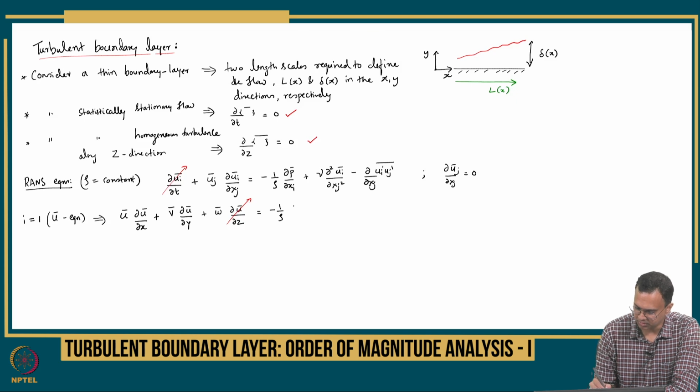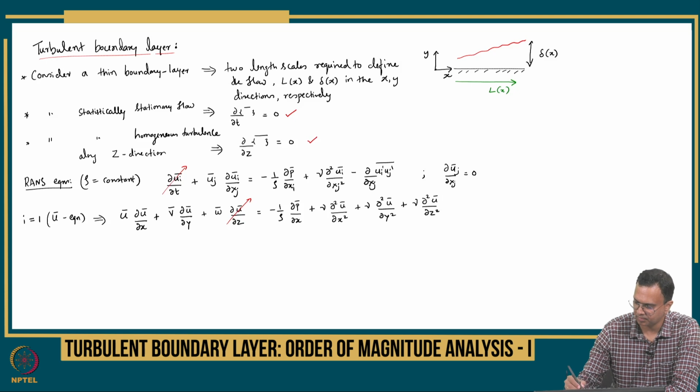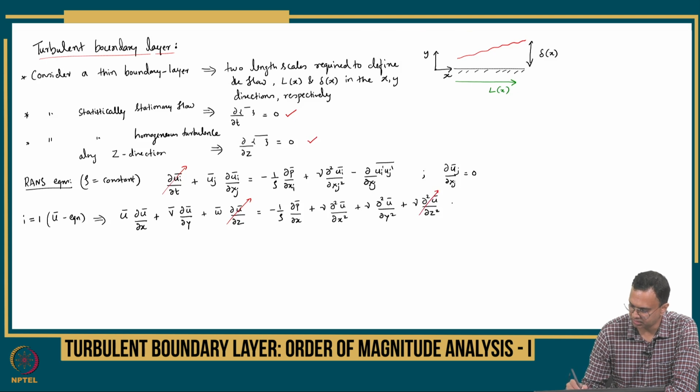So I have minus 1 by rho dou p bar by dou x plus, again the three components, one dou by dou x will be 0 here, so I have nu dou square u bar by dou x square plus nu dou square u bar by dou y square plus nu dou square u bar by dou z square. Again the dou by dou z term is gone, and then I have the Reynolds stress terms, three Reynolds stress terms,